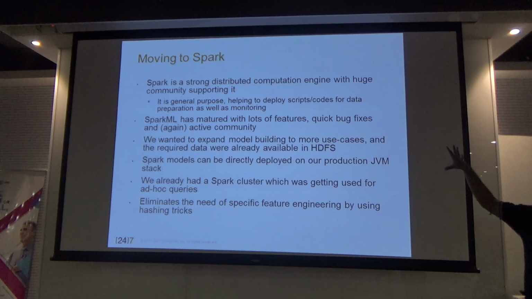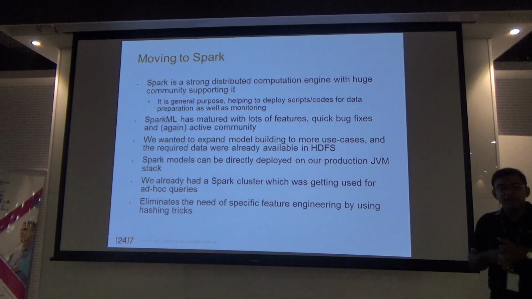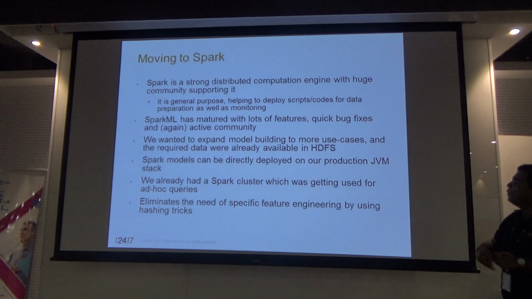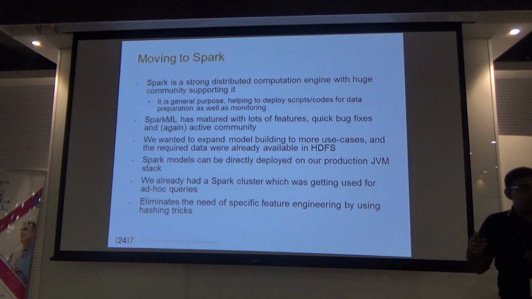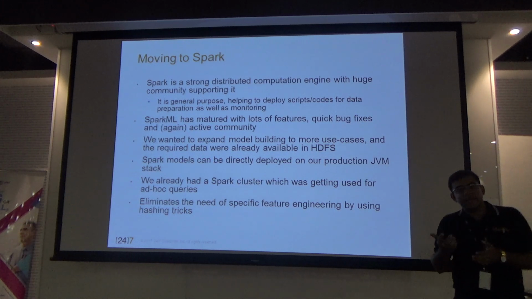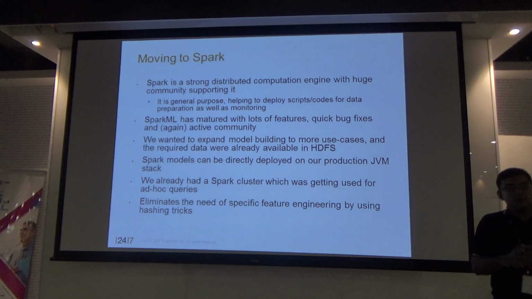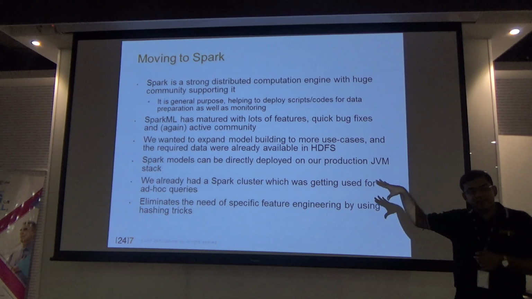So the model obviously has to be good and so on and so forth. However, there are a lot of different things that happen before that, and SparkML actually can help you in speeding up those things in a standardized way, right? So we wanted to expand the model building to more use cases. Like for example, I was talking about chatbots and things like that. So those type of models, like for example, NL models are not that strong in R. Python is a good one. Spark is also another one which has other libraries which sit on top of Spark and provide that type of functionality.